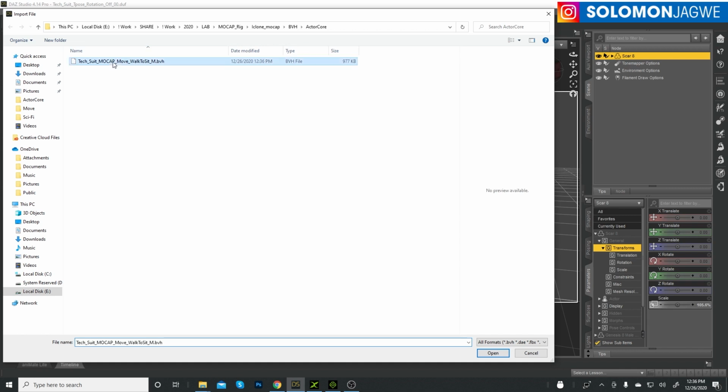All right, let's select the mockup file. This is the one we named Tech Suite Mockup. That's why it's important to name the files for better organization, to make it easier for you to find the files. Click Open,